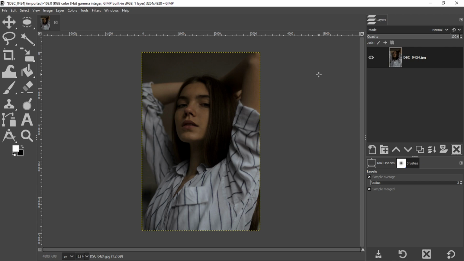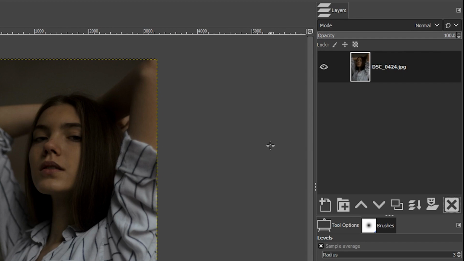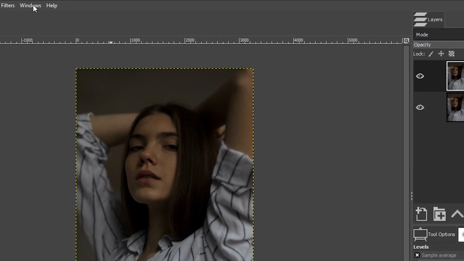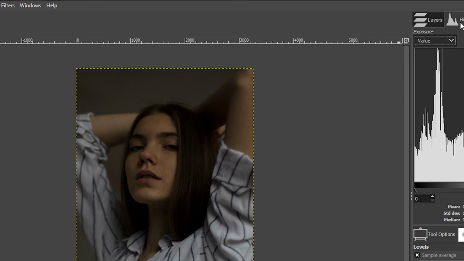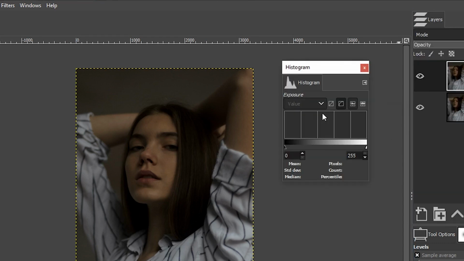So in GIMP, with my JPEG image here, the first thing I would do to fix this underexposed image is duplicate the layer and make an exposure adjustment. So I'm going to double click on the layer name here and rename it exposure. Now before we do that, I just want to show you the histogram for this image here. I'm going to click and pull this tab out and enlarge it so we can actually